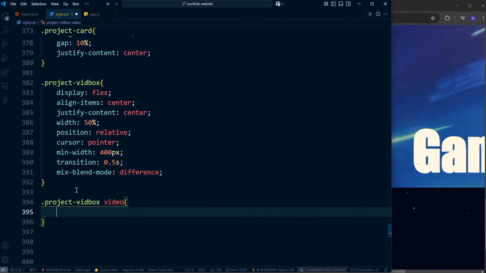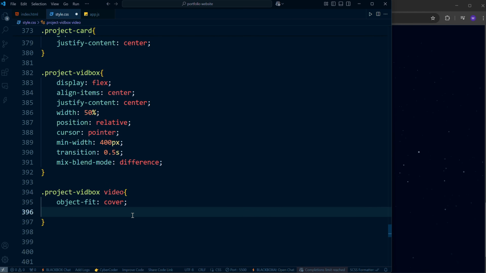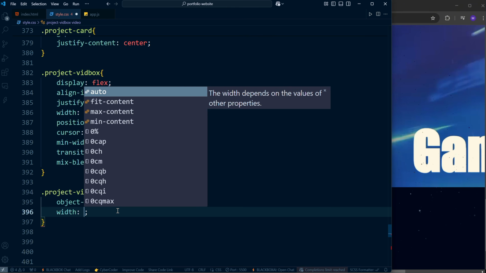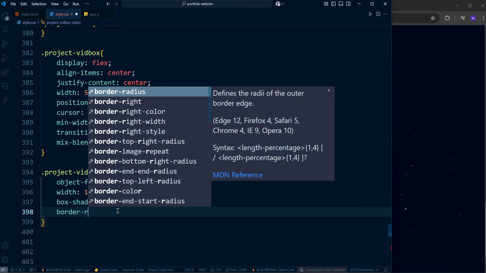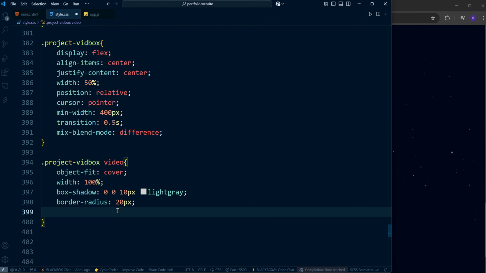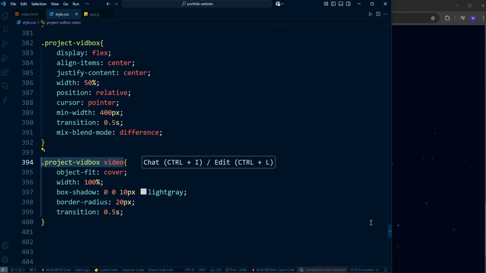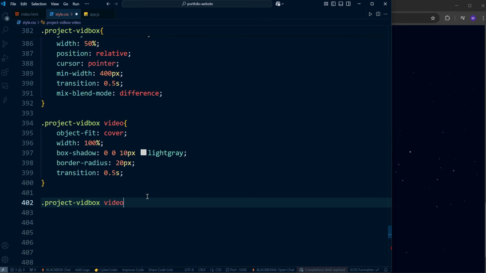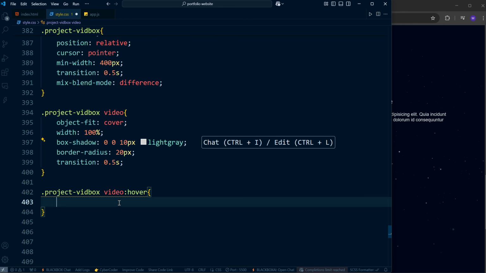For the video element inside .project vidbox, apply object fit cover to make sure it maintains the correct aspect ratio without distortion. Set the width to 100%, allowing it to fill the container properly. To make the video stand out, add a soft box shadow, giving it a slight floating effect. Round the corners by setting a border radius of 20px, ensuring that it blends smoothly with the overall design. Add a transition of 0.5s to allow for smoother interactions. To enhance user engagement, implement a hover effect where the box shadow increases when hovered over, creating a dynamic and